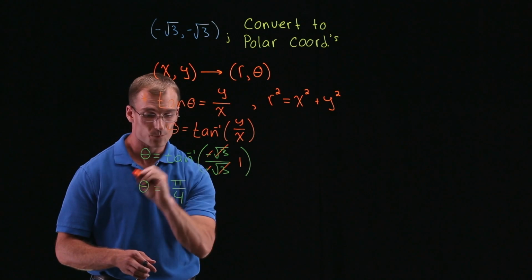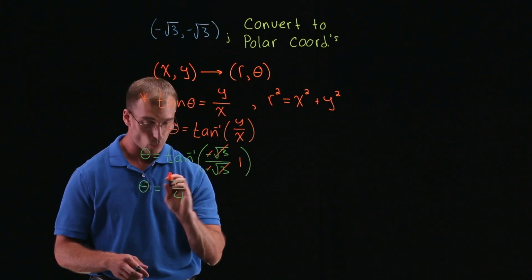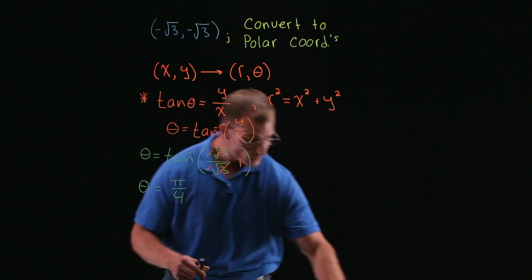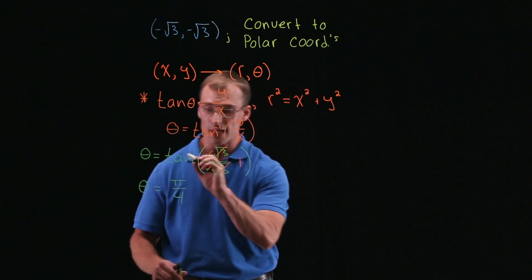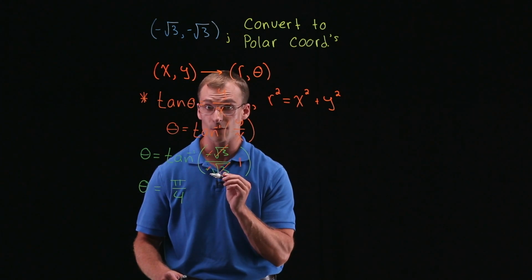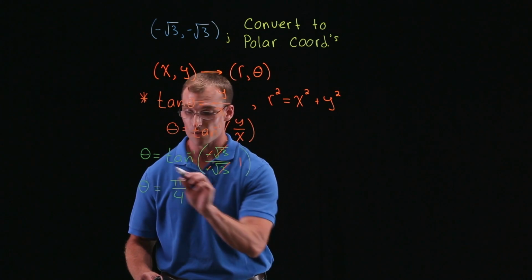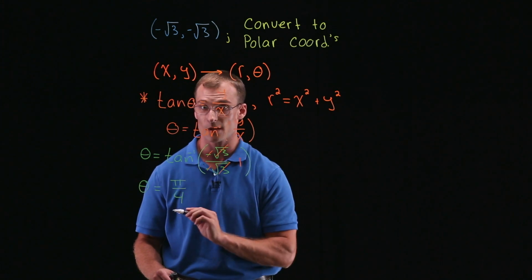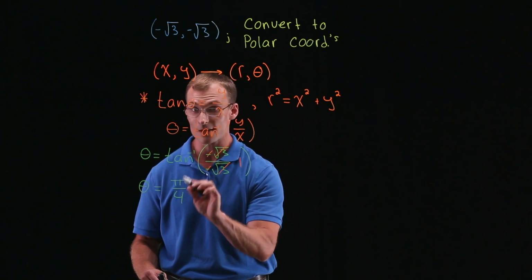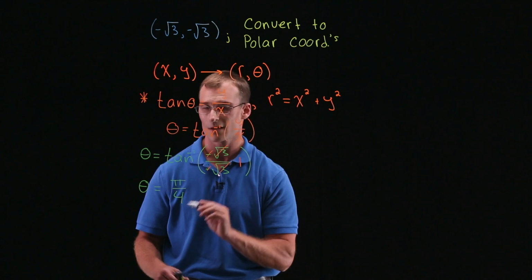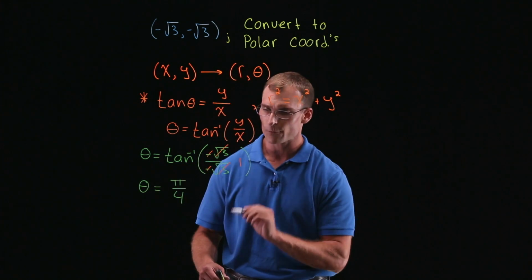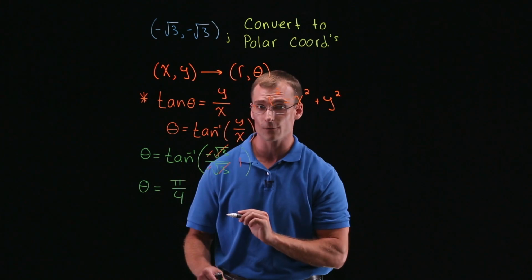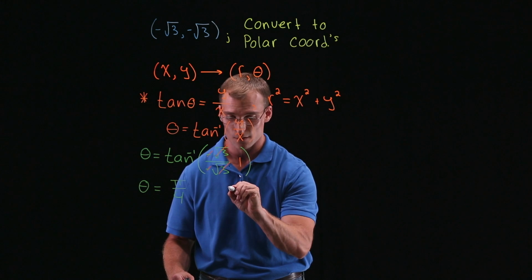Now, before we take a look at this, one thing that we have to keep in mind is that the range of the tangent inverse function is from negative pi over 2 to positive pi over 2. So the value of theta you're going to get is only going to be between there. It doesn't automatically mean that this value of theta is the one that we want. And what do I mean by that? Well, if we keep in mind where the point is,